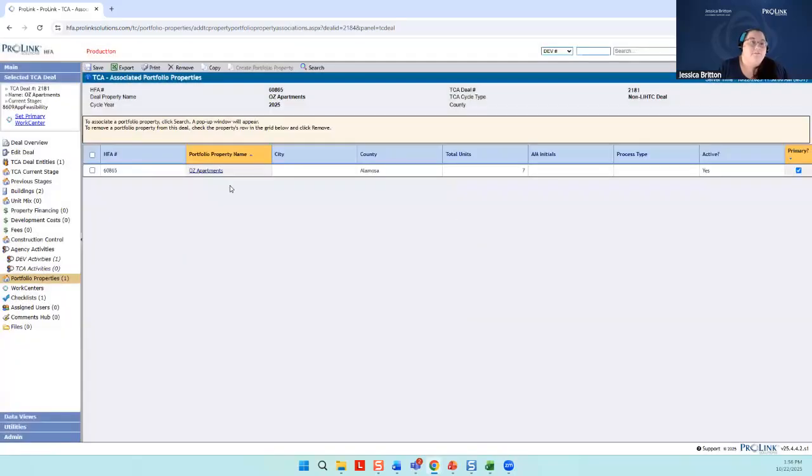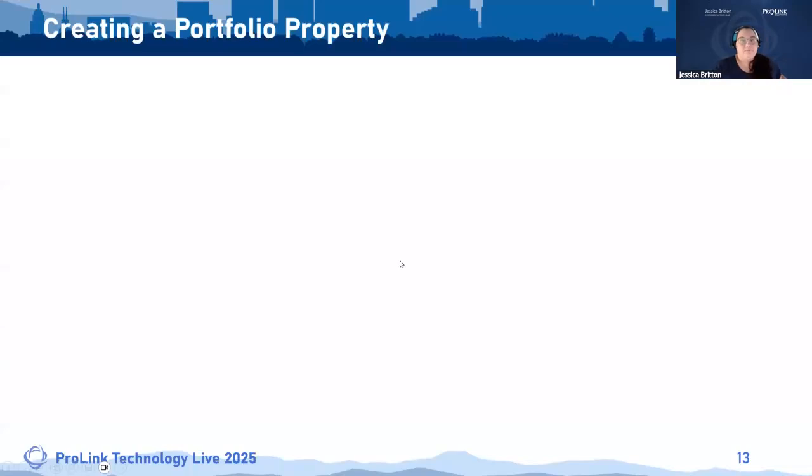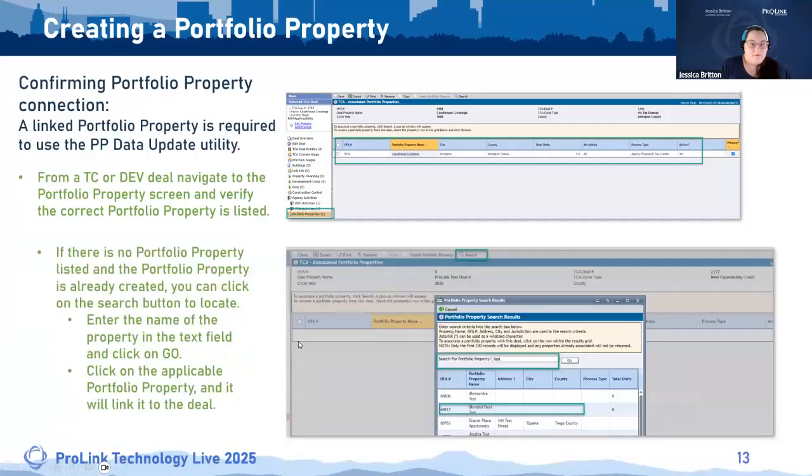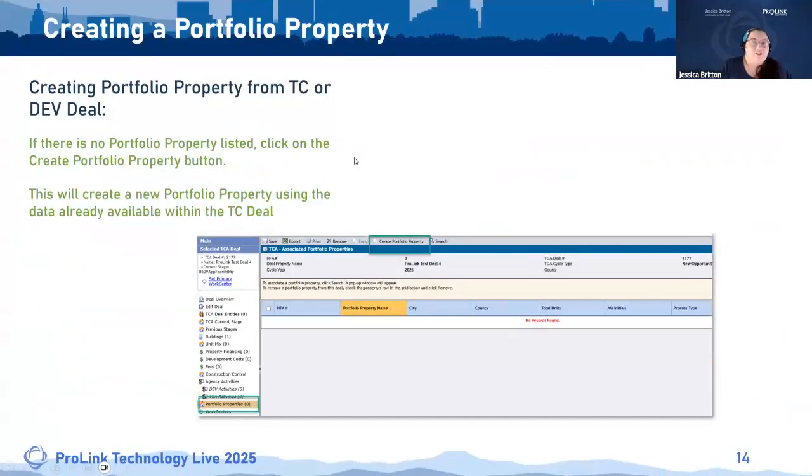Your other option, if you have not yet created a portfolio property already, is to click this Create Portfolio Property button, and that will utilize the data that is within the TC or dev deal to create a portfolio property for you. You can click that Create Portfolio Property button, and that will utilize the data within that dev or TC deal to create that portfolio property, meaning like name, address, things like